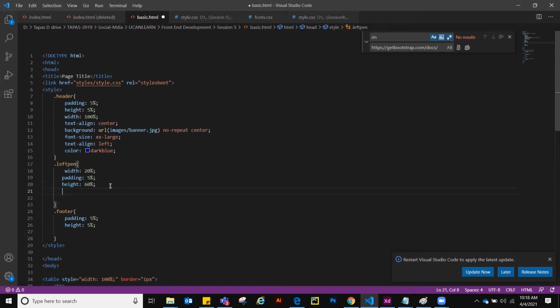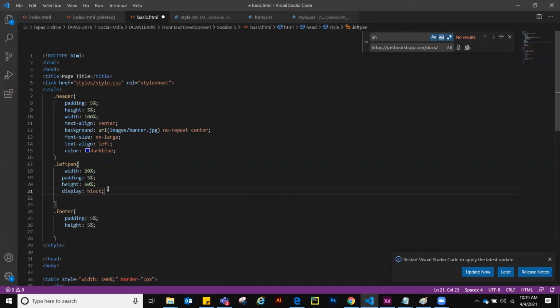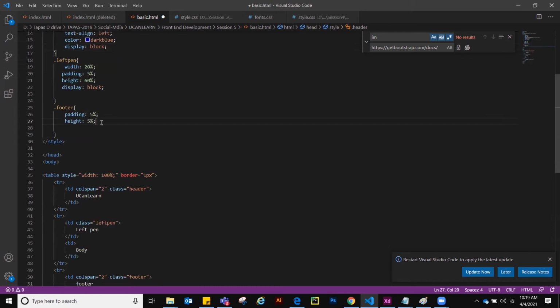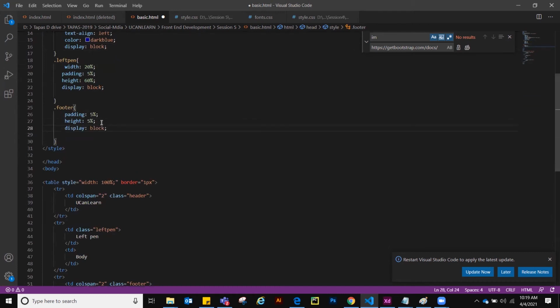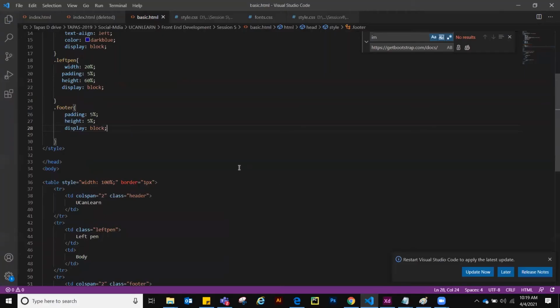So we can use display block in this case. But display block is generally used in divs. It is not a suggested way to use in a table, and in most cases display block is not working properly.